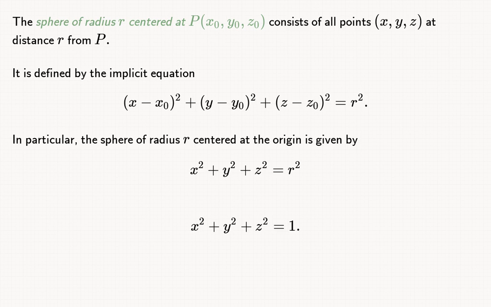In particular, the equation for a sphere centered at the origin is x² + y² + z² = r², and the equation for the unit sphere is x² + y² + z² = 1. So here already is an example of the usefulness of different coordinate systems. The first equation looks a lot more complicated than the second one, but if we just move our coordinate system so that the origin is at the center of this sphere, then we can treat any sphere as centered at the origin. And similarly, we could adjust our units so that the radius is 1.